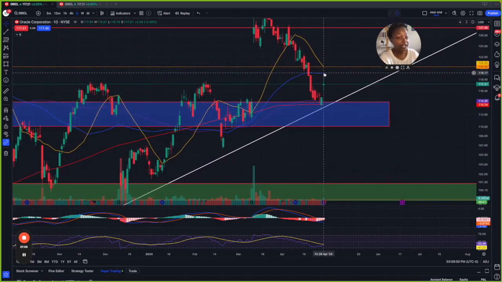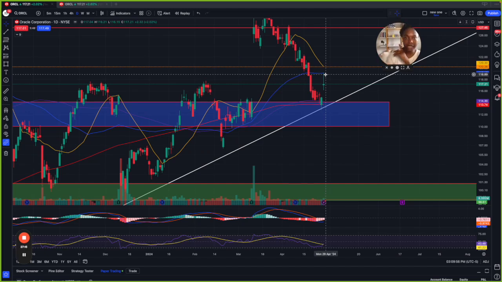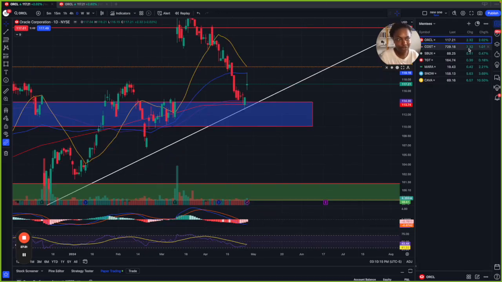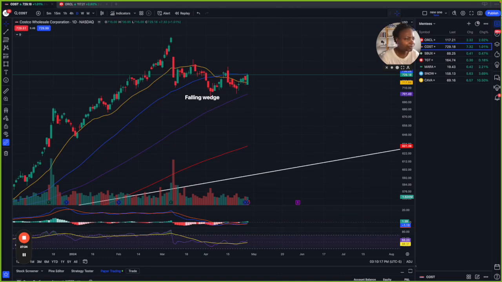We're looking for price to come back down before it trades back up, right? And again, the reason why is if you get in when price just goes straight up, you have to understand that it's going to pull back. So why not just wait for it to pull back and then go back up and create a higher high? It'll be a bigger move than just catching a piece of it going up. However, y'all feel me. Y'all heard what I said. Let's go ahead and move on to our next chart, which is Costco.